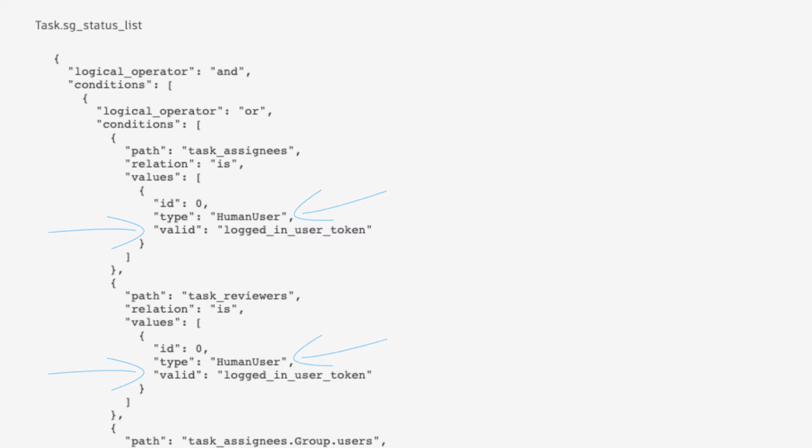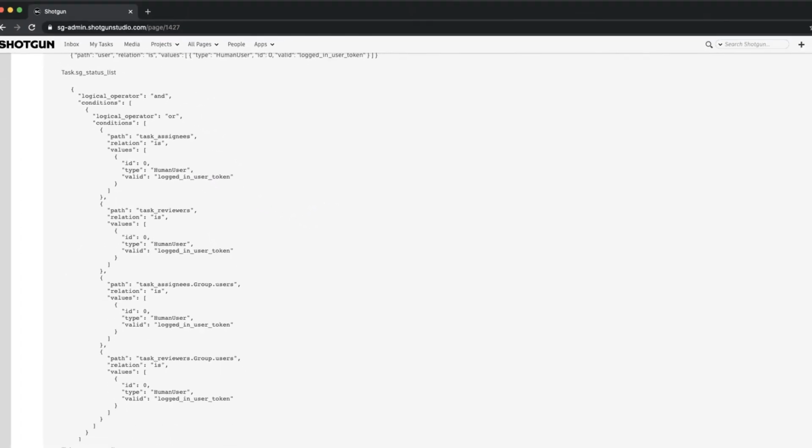Now that we have our bearings, we can see here that there is an OR operator in effect for 1, 2, 3, 4 conditions that are applied to this field, which tells us that they can update the task status field if they meet one or more of the following conditions.